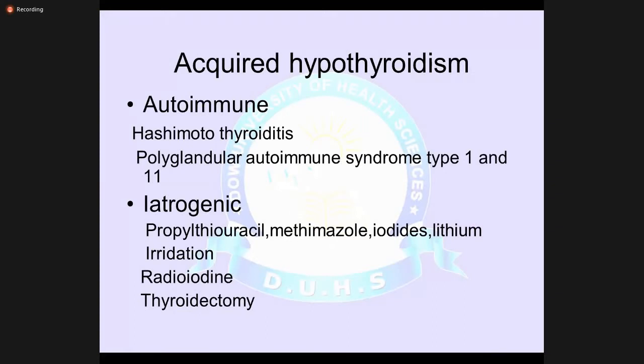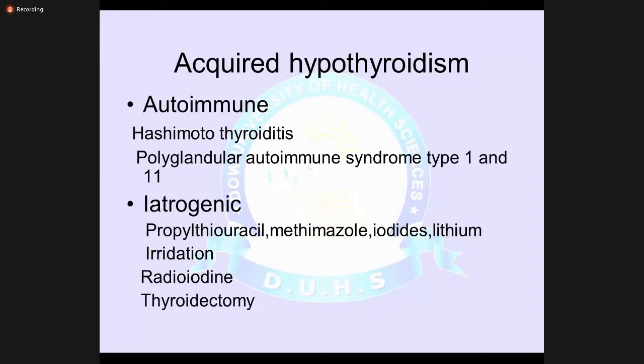For example, accidentally the baby or a child has taken propylthiouracil or methimazole or iodide or lithium, that resulted in damage to the thyroid gland, or the thyroid gland was exposed to irradiation, or the child has taken accidentally radioactive iodine, and that has resulted in damage to the thyroid gland, or because of some tumor of the thyroid, the surgeon has done the thyroidectomy, and that resulted in hypothyroidism, and the patient will be needing to take thyroxine for life because the thyroid has been removed because of, for example, tumor